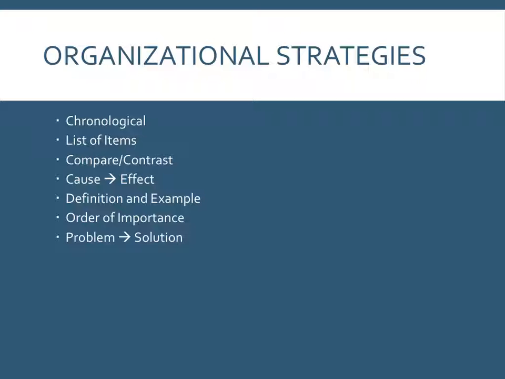Organizational strategies that you might choose to use in your writing include the chronological. So if you are doing any historical writing, and you want to write about things as they occurred in time, the chronological might be a good one. But that would really be more historical, which may not be what we're doing here in this class. List of items, not the best strategy to choose, but if none of your paragraphs are more important than another, it doesn't much matter what order they come in. So as is, no important paragraphs, doesn't matter what order you put them in.